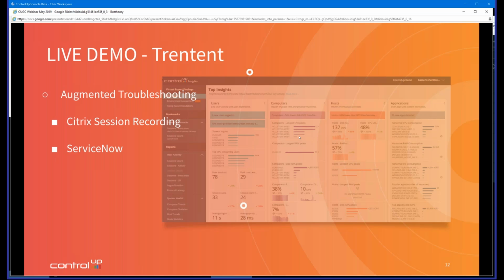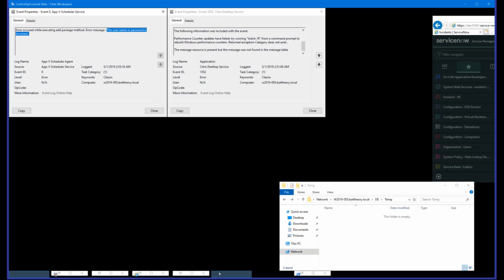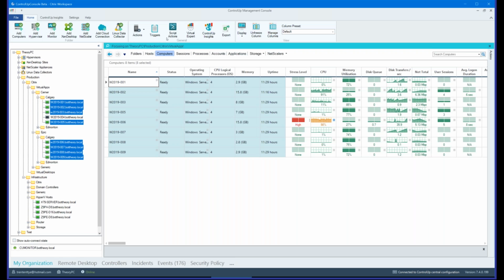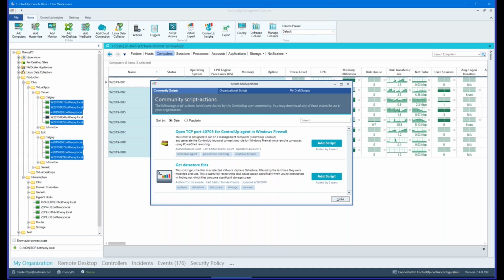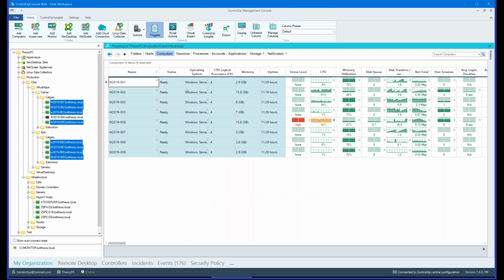As of one of the more recent releases, it actually has the ability for programs to start annotating additional information within your Citrix session recording. And what we can do with that is that we can actually key in on various metrics, so if the CPU is above a certain stress level and it's this particular process, or just the CPU is above a certain stress level, we can actually create an event so that way it's annotated within that product. So if I look at the triggers for this,